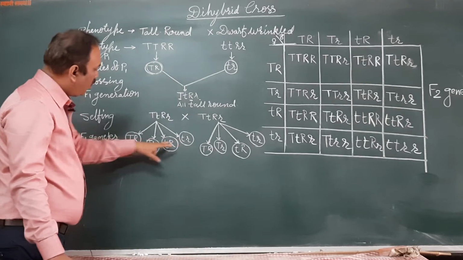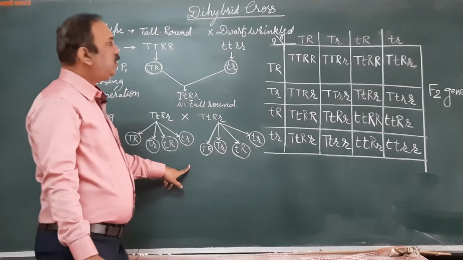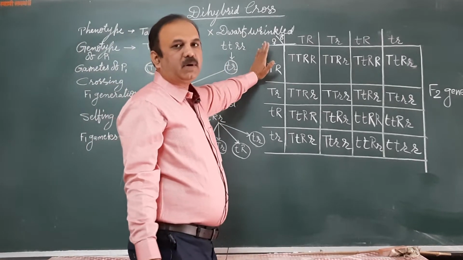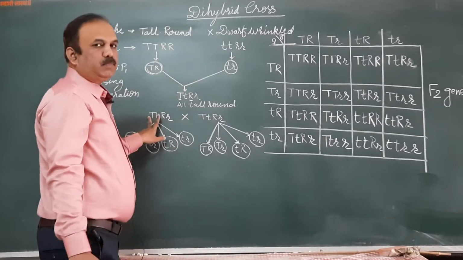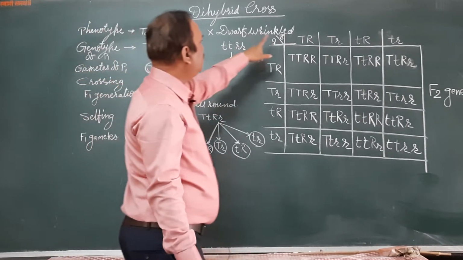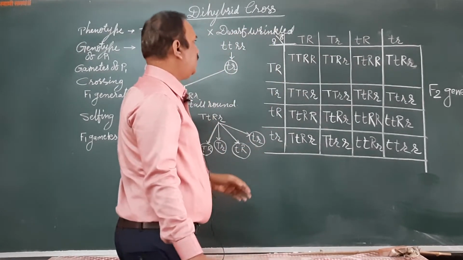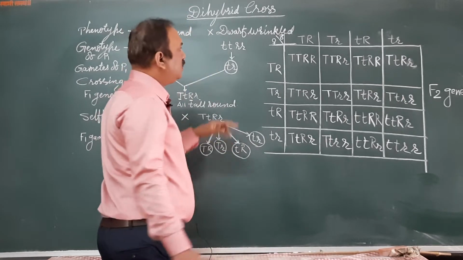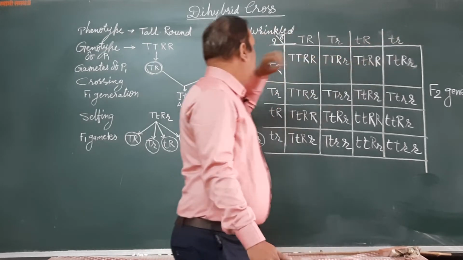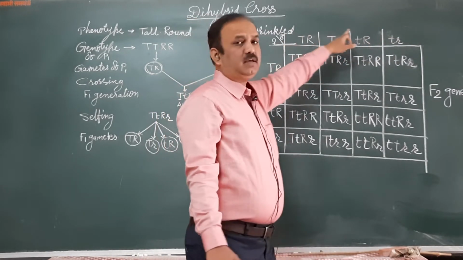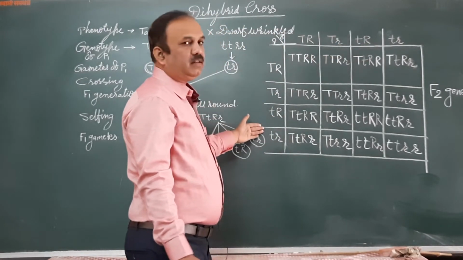Now all these gametes will be crossing with this one. For this purpose we will be using the checkerboard method or Punnett square method. Here one plant is considered as a male and the other as a female, so the male gametes go towards this side and the female gametes towards this side. I have written the gametes of the males in pink chalk, and the female gametes in white chalk.